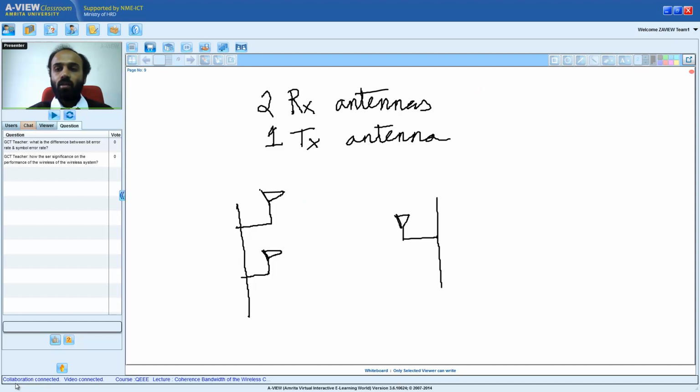So what I'm saying is now I'm going to consider a system with two receive antennas and one